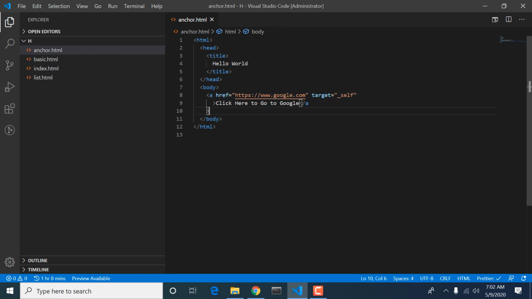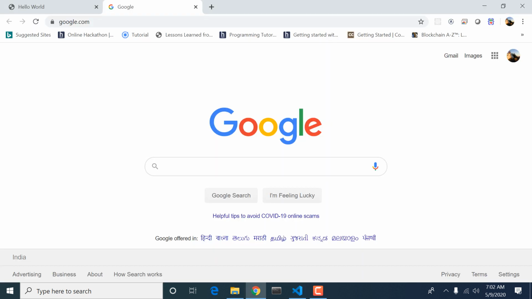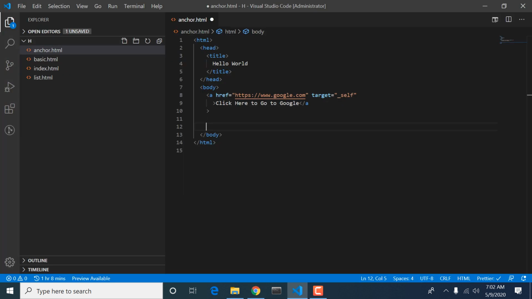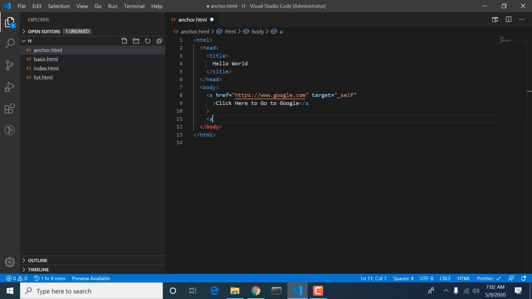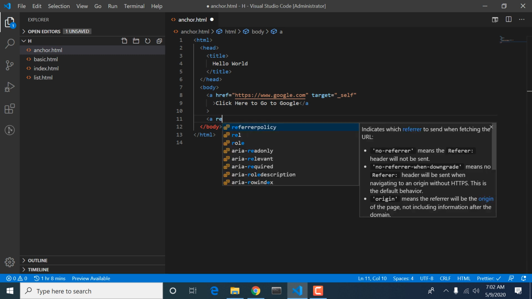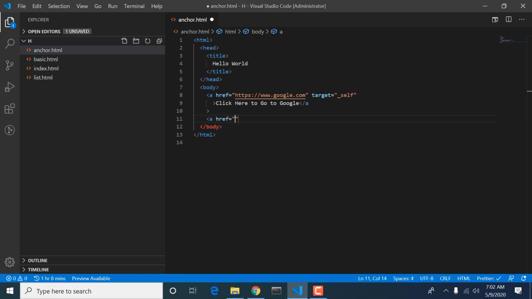Okay, then in our anchor tag we have a lot of other properties, like if we have to link our pages, like if we want to say href.